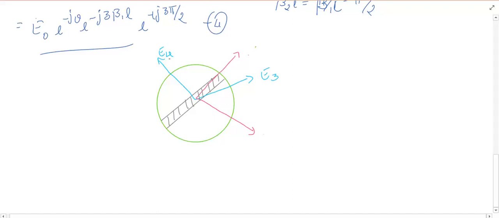Next, in a similar way, what about E4? E4 I can show. Where do I get E4? E4 cos I can show somewhere here, and E4 sine I can show here. So here the splitting of this E3 cos is here and E3 sine is here. For E4 cos will be here and E4 sine will be here, because with this it should make an angle